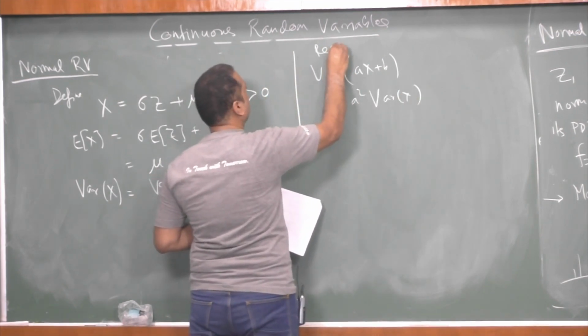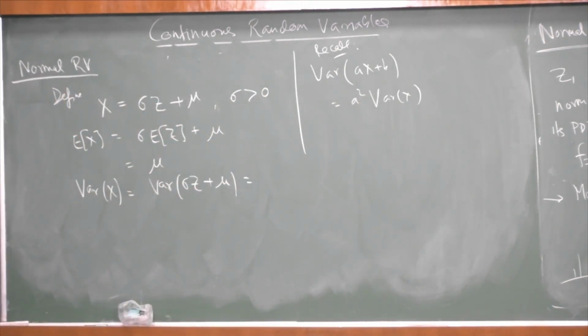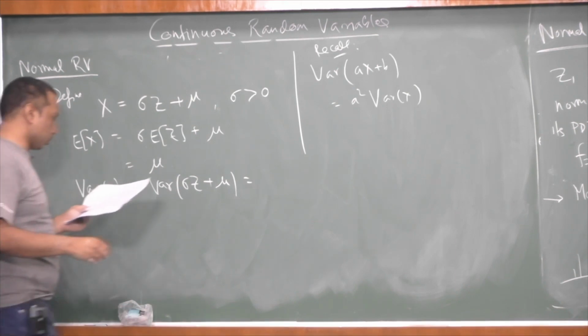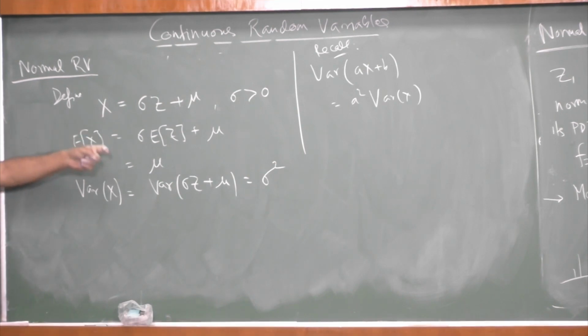So this is sigma squared variance of z, but variance of z was 1, so it's just sigma squared. So what we know for sure is that for the transformed variable the expectation value is mu, and the variance is sigma squared. With this we can now define a